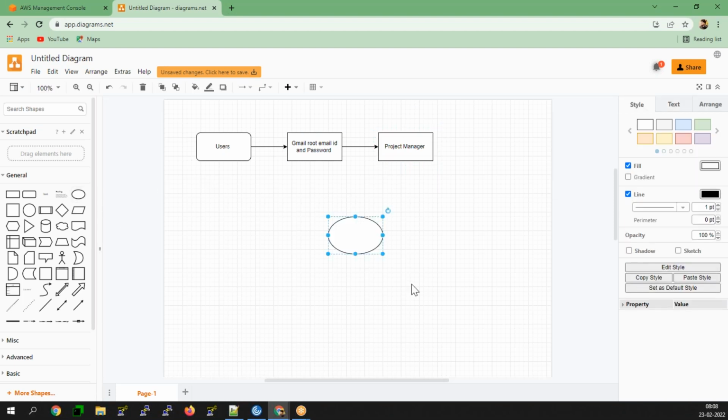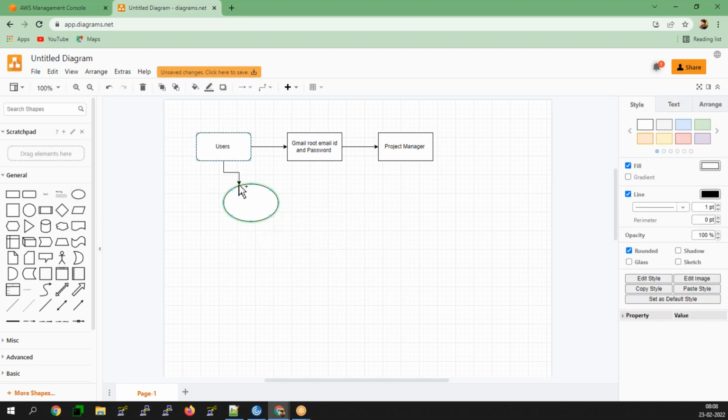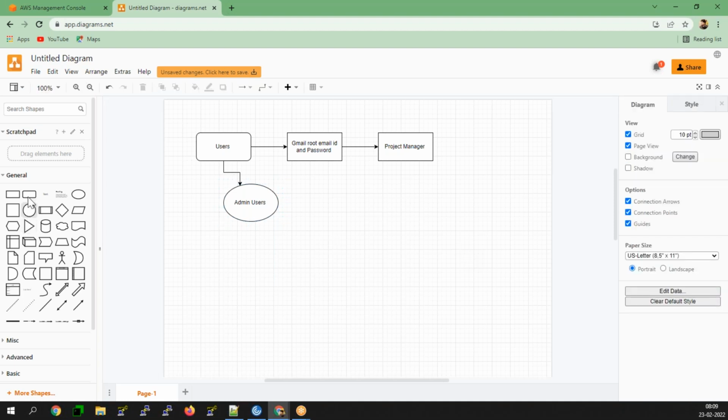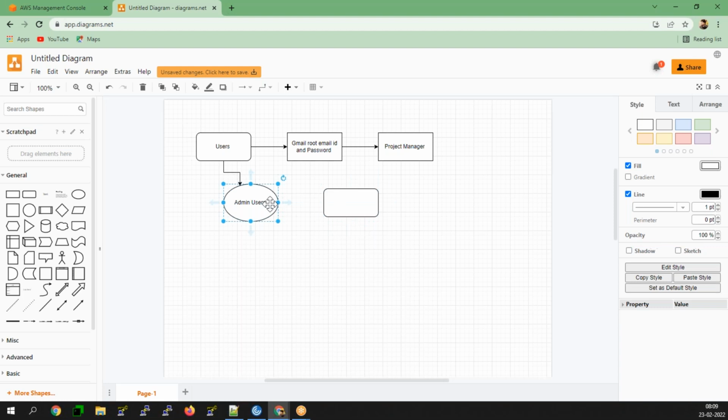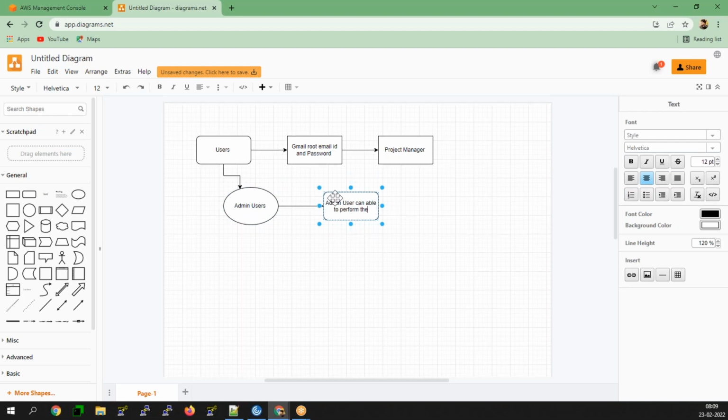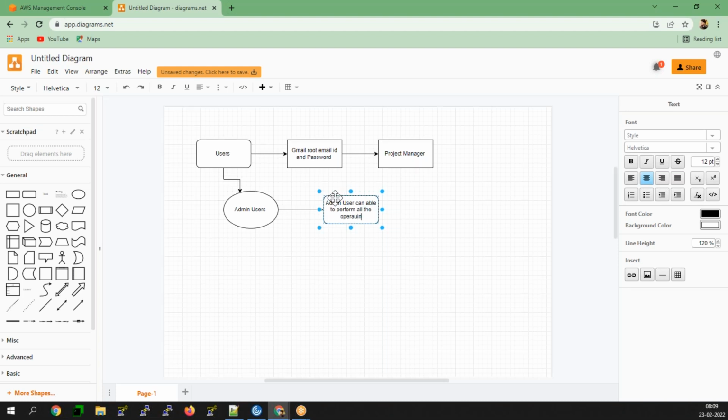You have an admin user, who can perform all the operations, including IAM.